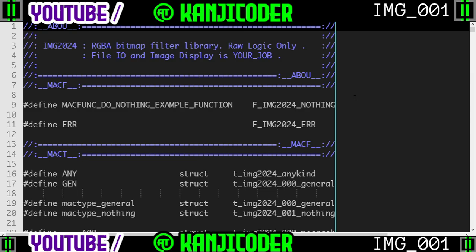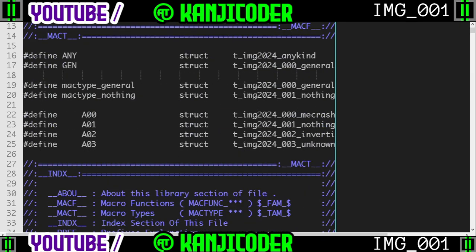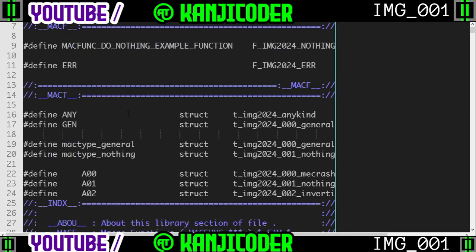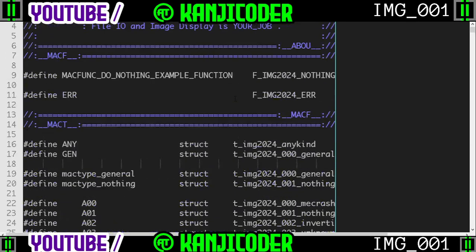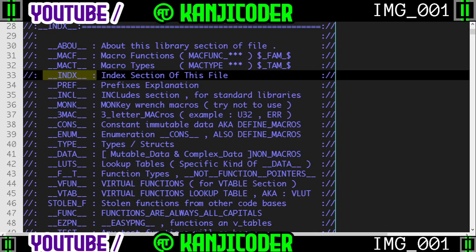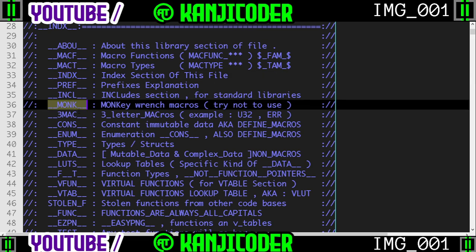So we're gonna go up here, and we have a section. We have this index very close to the top. We'll figure out how we want to organize this, but I have an index that's not quite at the top, and this index tells us where everything else is. The index tells us where the other sections are, and one of these sections is the monk section for monkey wrench macros. Now, if we go to monkey wrench macros,